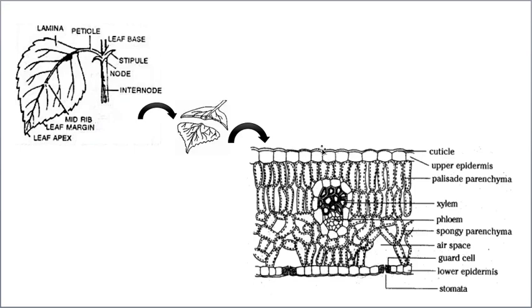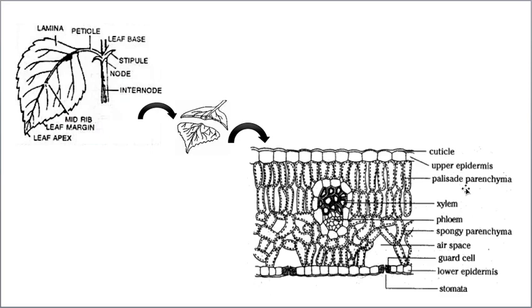And what is the function of epidermis? Obviously, epidermis and cuticle are meant for protection. They give protection to the inner portion of the leaf. Do you understand till here? Now, the second portion is called mesophyll tissue. This is all mesophyll tissue. Such mesophyll tissue is again divided into upper palisade parenchyma and lower spongy parenchyma. What is the difference? What is this upper palisade and what is this spongy?